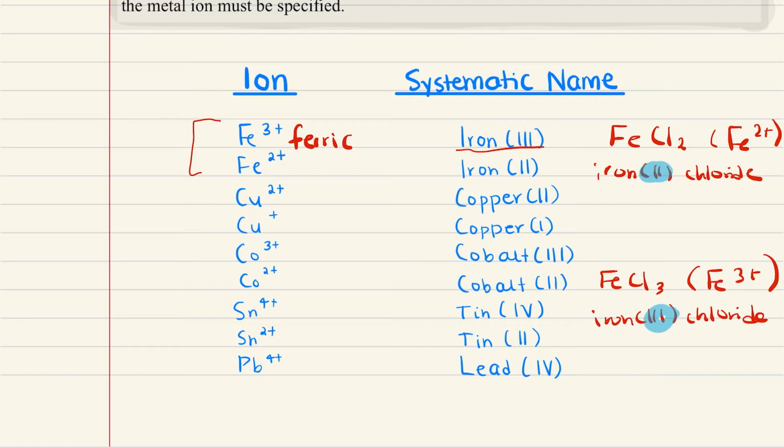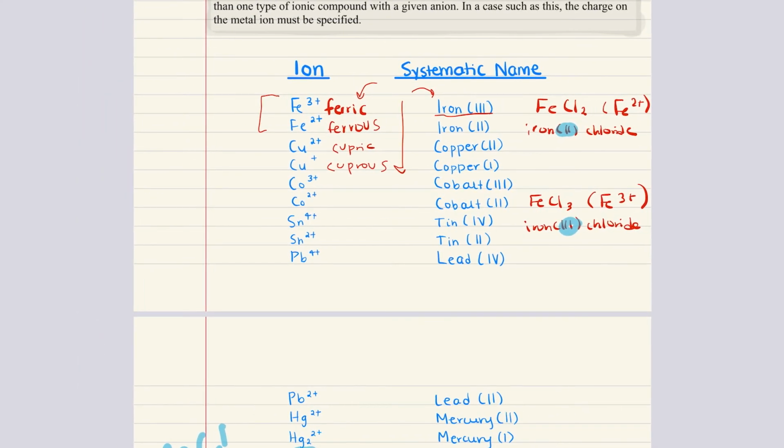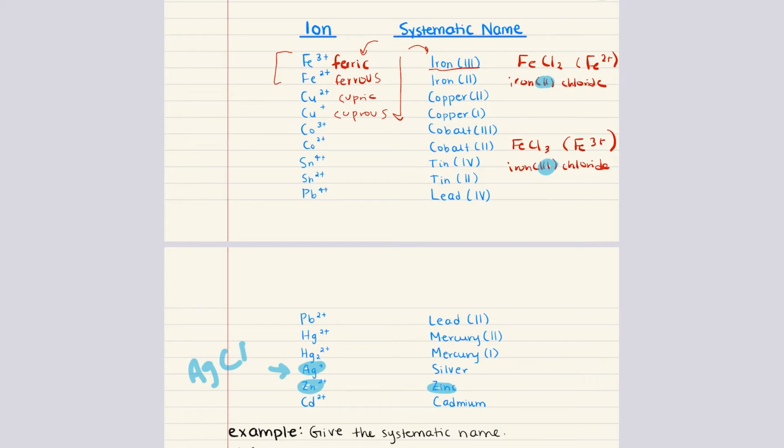What about the Fe2+ ion? This also has another name, ferrous ion. We need to know the systematic name as well as the old given name for iron. Also for copper. So Cu2+, this is cupric ion. Cu+1 is cuprous. These are names that we should know for these 4. Now, with that out of the way, let's go ahead and ensure we understand this by tackling a couple of